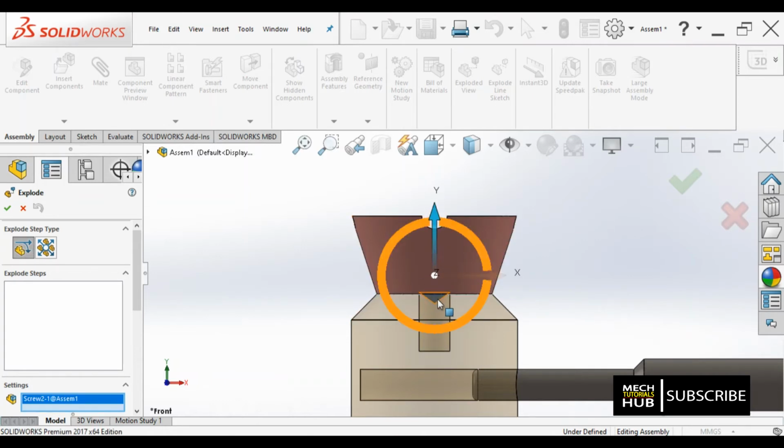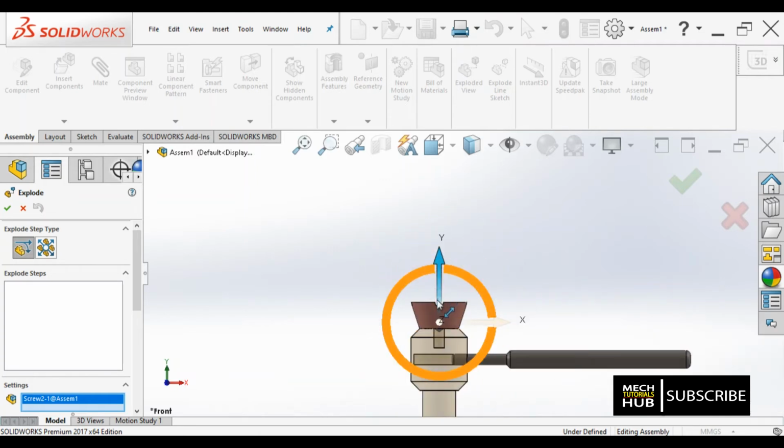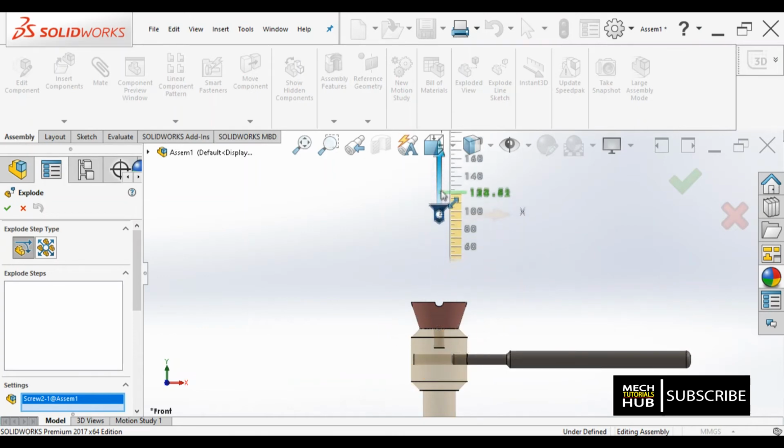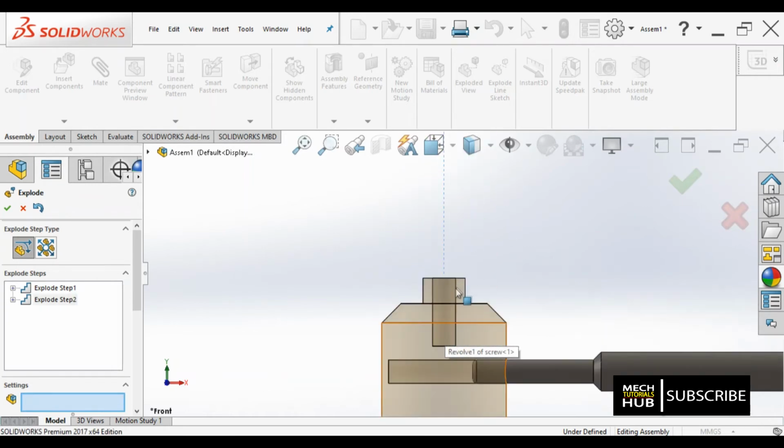Now here it became very easy for me to select the screw without rotating the complete assembly, because I made the component transparent. That is the advantage of making the component transparent. Now I can move this part till some point randomly, so now I can easily remove this part.